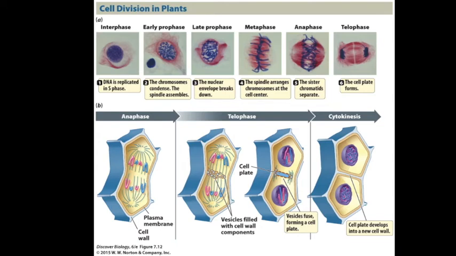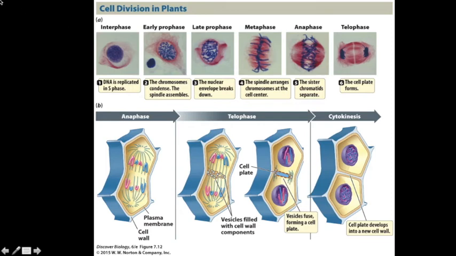Just two more things to add about mitosis. The first, in plant cell division, we get an extra step because plant cell morphology is a little different. Plant cells have rigid cell walls made of cellulose. So the same process that we just went over, prophase, metaphase, anaphase, telophase, and then cytokinesis, they're being shown here